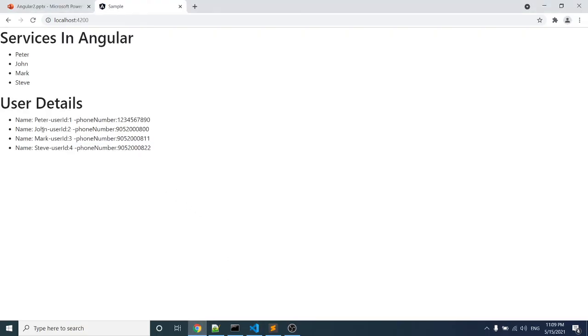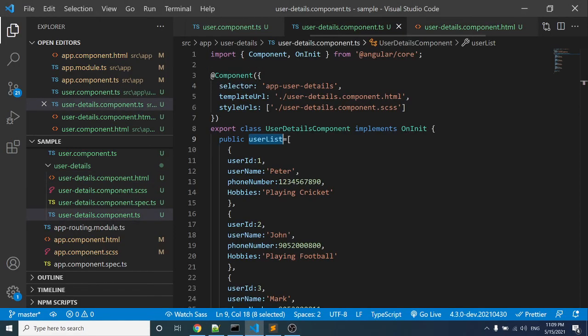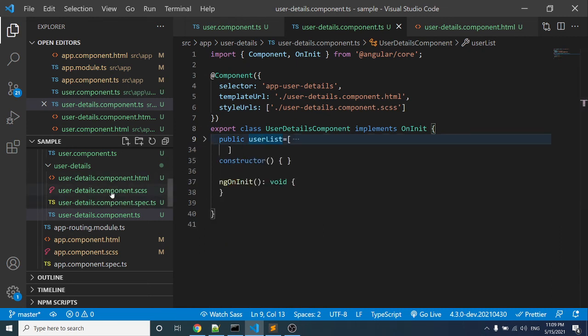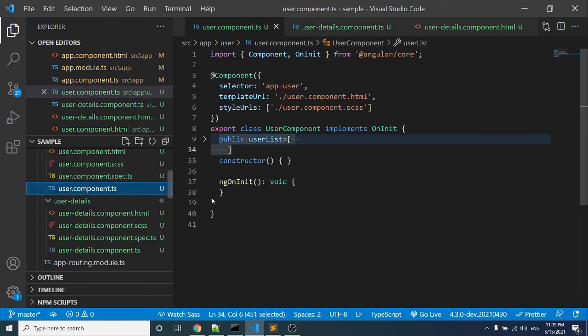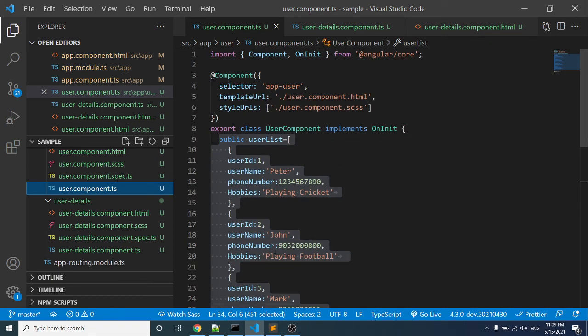Here you can see in the user details component, we are displaying the name Peter, user ID 1, and the phone number. If you observe, we are duplicating the data in both components. The user list is present inside the user details component and the user component.ts. So we are duplicating this array of objects in multiple places.